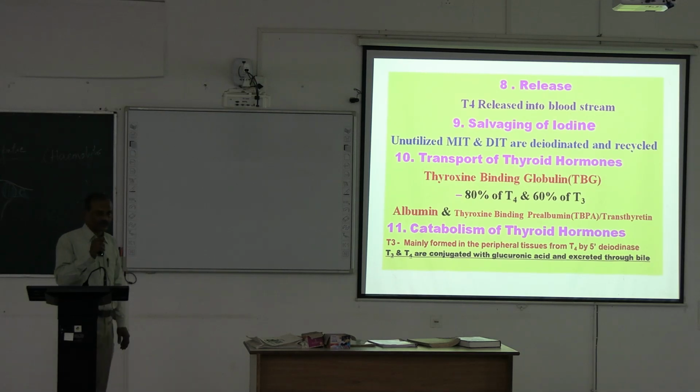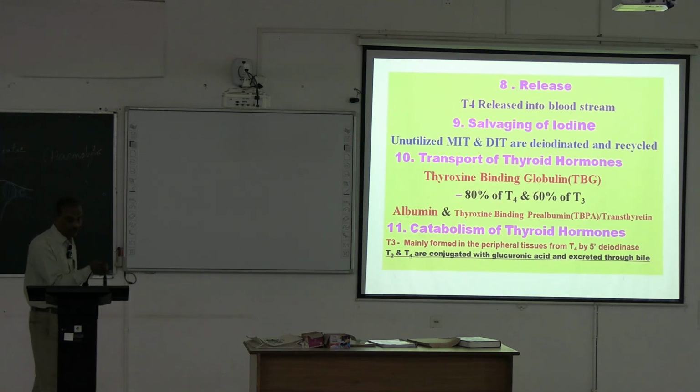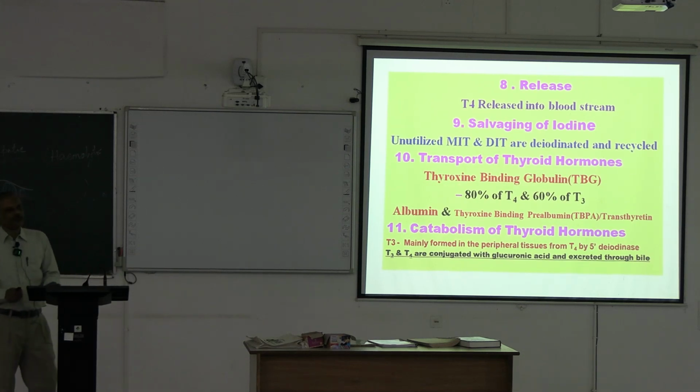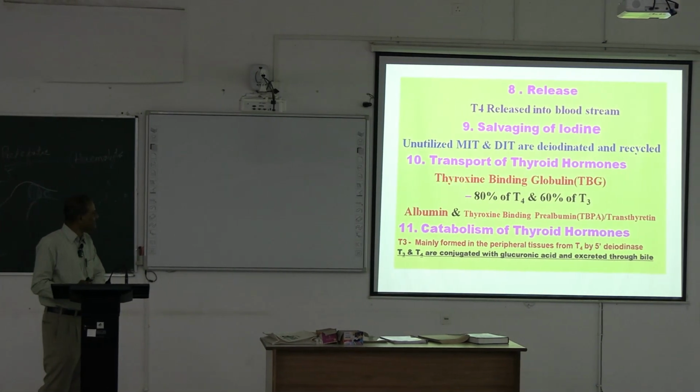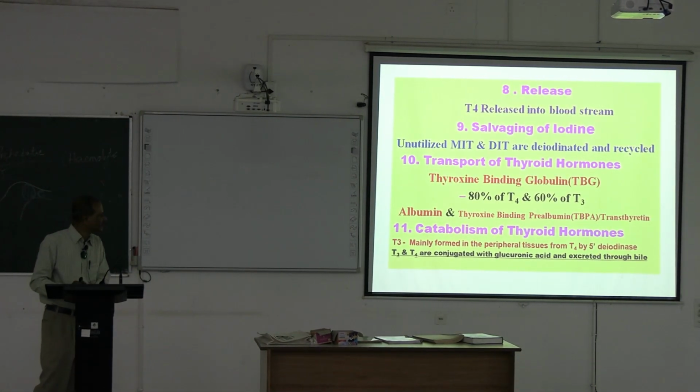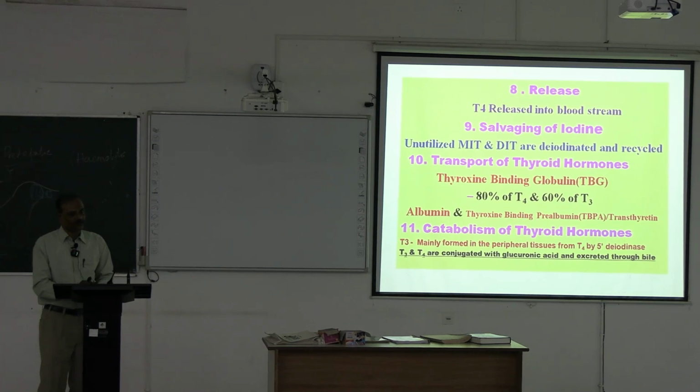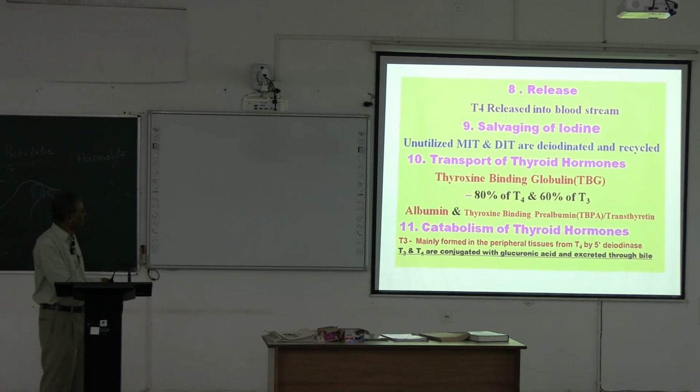As I told you, just like bilirubin, T3 and T4 as such are not soluble. So they are transported using this, you note down here: 80% of the T4 and 60% of the T3 is bound to thyroxine binding globulin. At least one part you must remember, that the transport protein is thyroxine binding globulin, and the rest is albumin and thyroxine binding pre-albumin, or it is called transthyretin. This part you write down, this red letter,